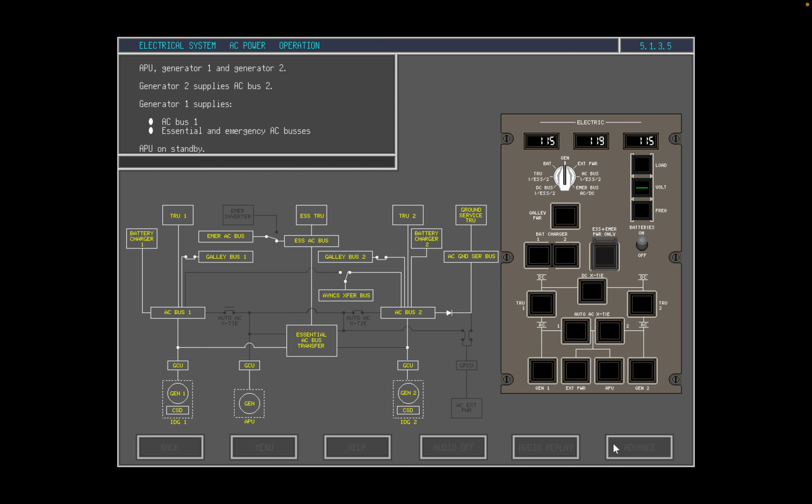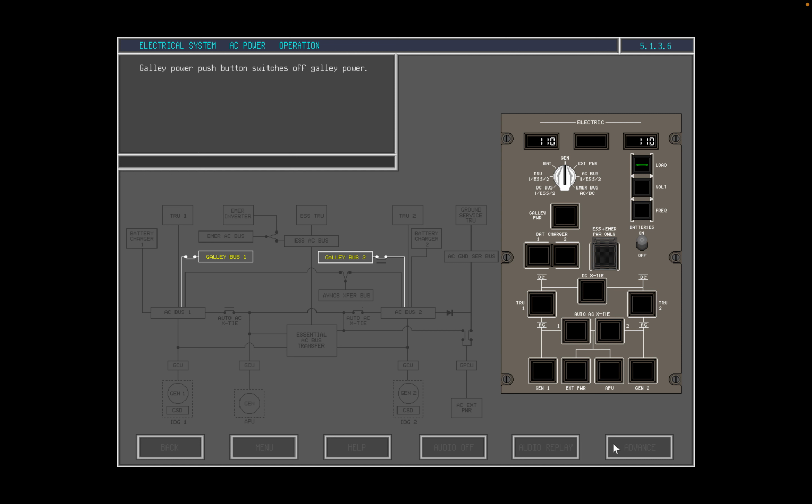The APU is on standby. If the load is too high, power may be disconnected manually from the galley buses by pressing the galley power push button. Switch off galley power. When power has now been disconnected from galley buses 1 and 2, a white off light illuminates in the galley